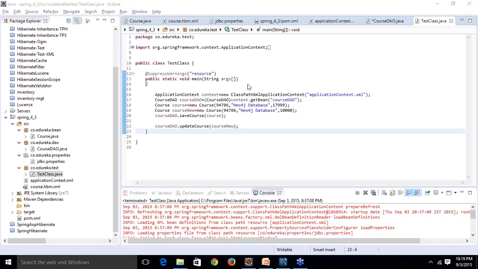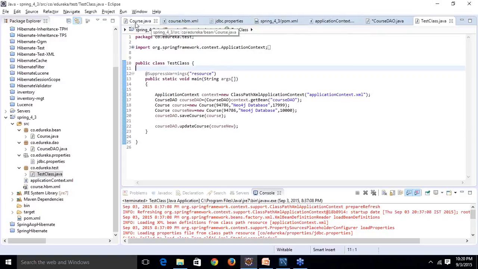Can we write without ID tag? It is definitely possible, definitely valid. Writing without ID tag, Hibernate will still allow you to do that. It is not a mandatory tag, but you will have to populate that value. If you do not use ID tag, you will have to use property tag. You can do that, but you will have to populate that value when you want to insert data into it. For example,